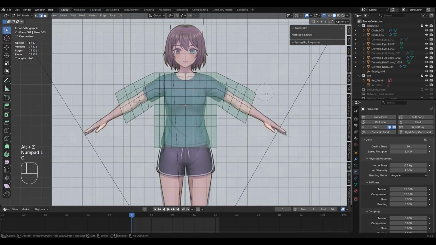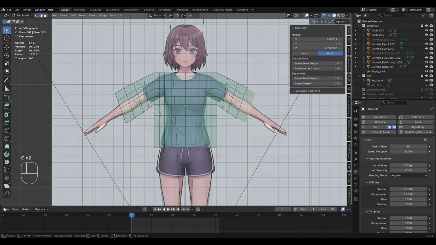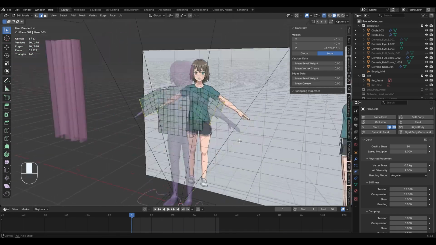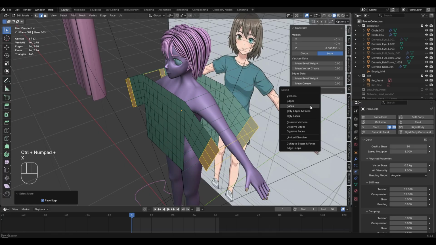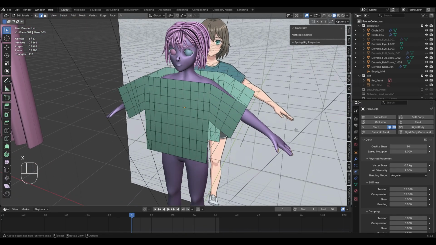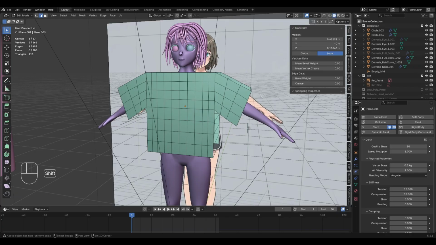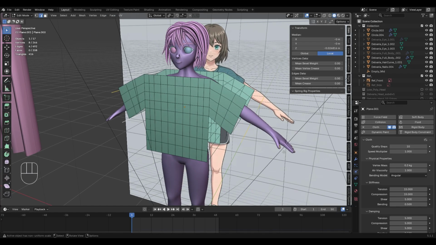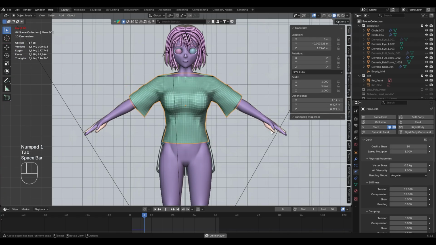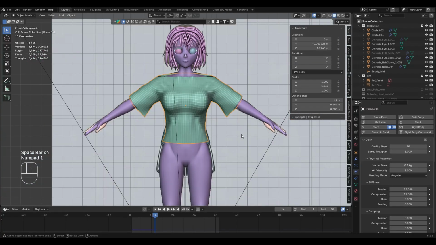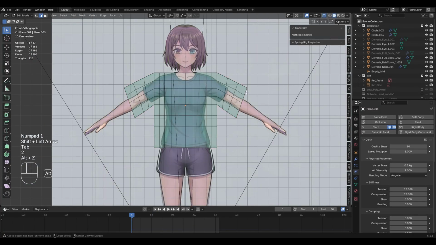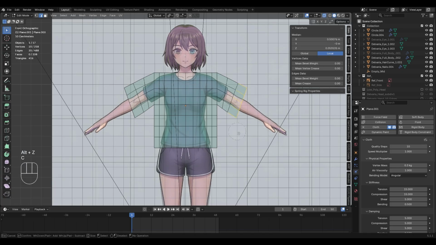Sorry, not this way, with click on C, then select this as well. Then delete with the wheel on your cursor, and now click on Shift plus and delete. This should be deleted as well. Select those, click on X, vertices. Now if we click play again, it looks a bit closer, but this is still very big,